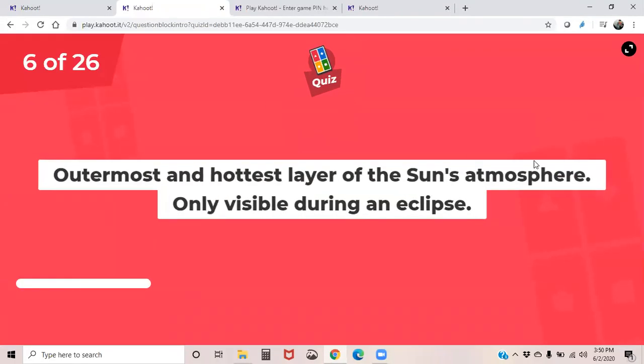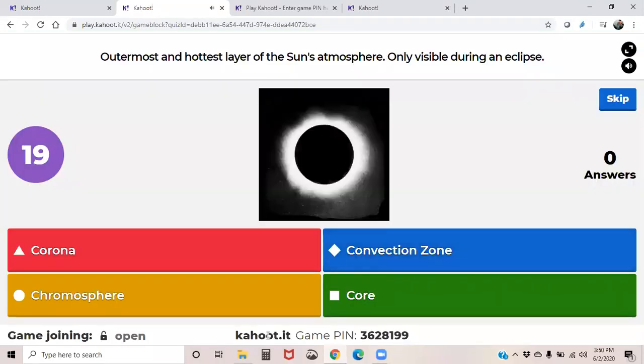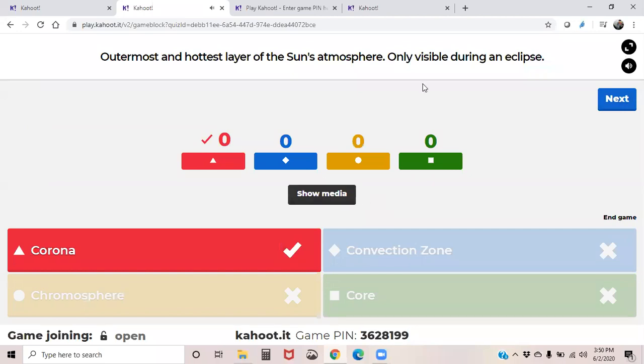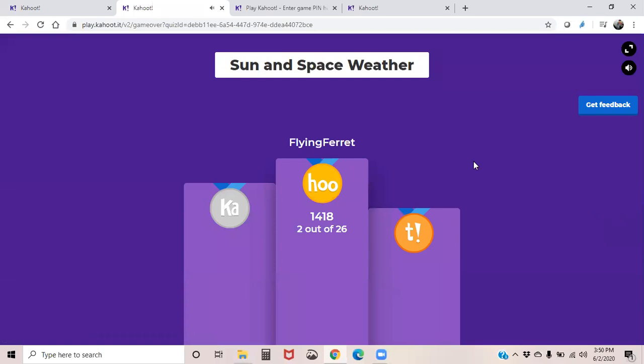Really would like to get to the end of this so I can show you ghost mode, but instead, I'm just going to end the game and I'll talk about ghost mode. So ghost mode is really fun because